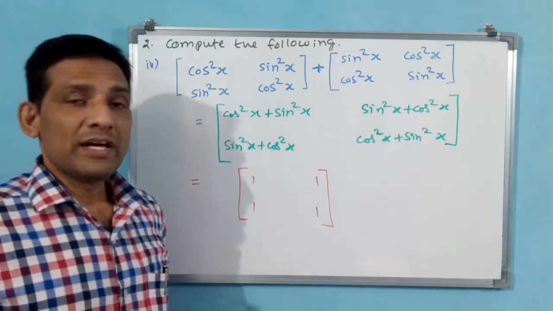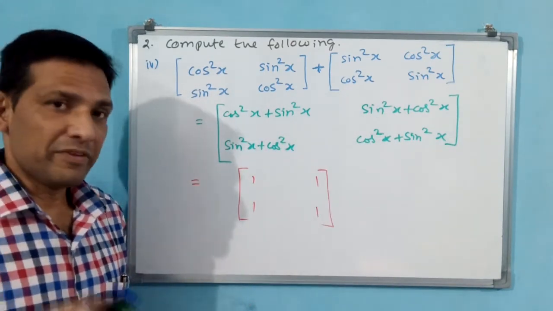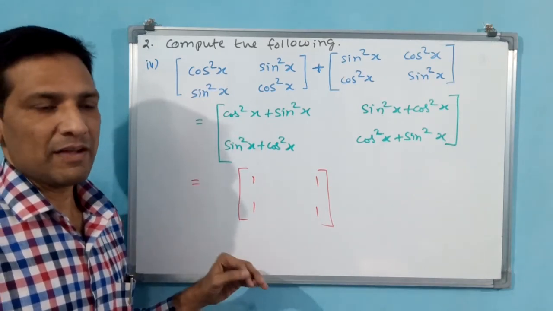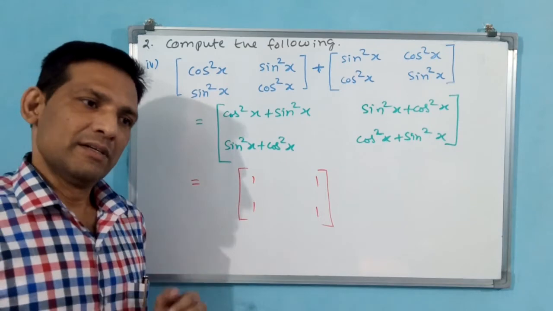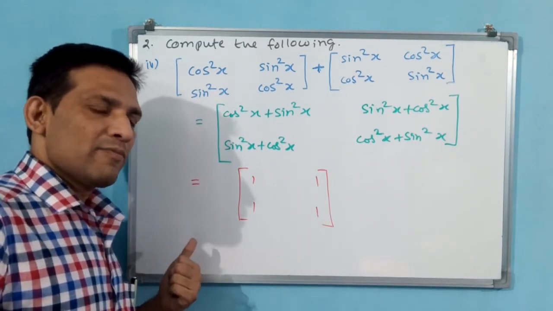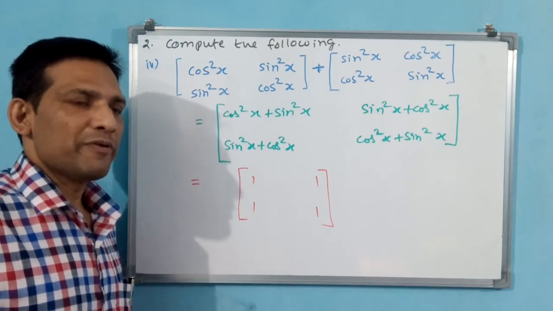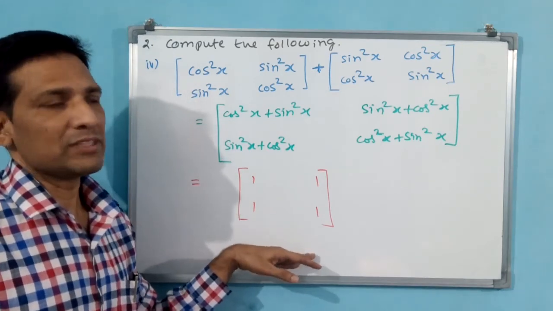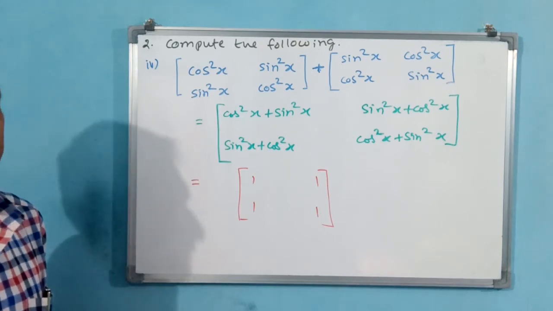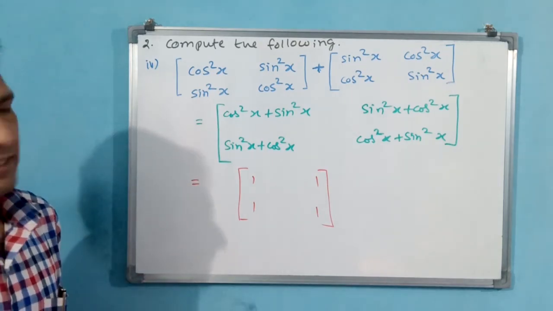If you leave up to here, examiner may not give marks. 50% marks may be deducted. That is why you have to write this one also. Why? Because we are going further, earlier formulae or concepts also we have to keep in our mind and apply those concepts here. Why? Because these formulae we already know. Sin square theta plus cos square theta is equal to 1. You have to apply that one.